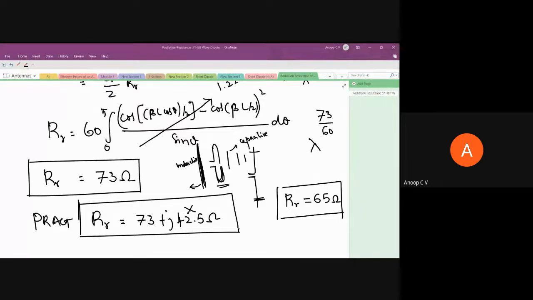If I may ask, I want everyone to type in the chat window which topic you understood the best in the fourth module, including antenna arrays and dipole. Which topic do you think is the easiest? All of you, please do type in, for me to know this. This is assumed to be one of the toughest modules. I'm not creating such an impression, but normally students think this module is tough.